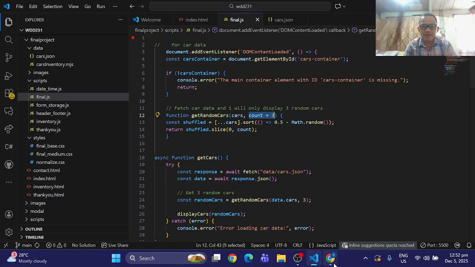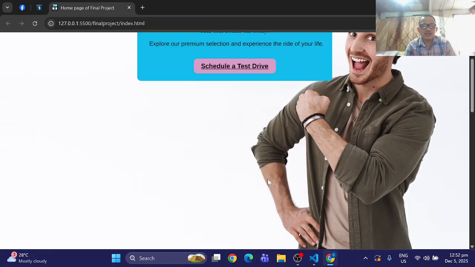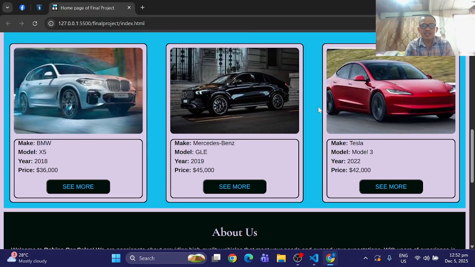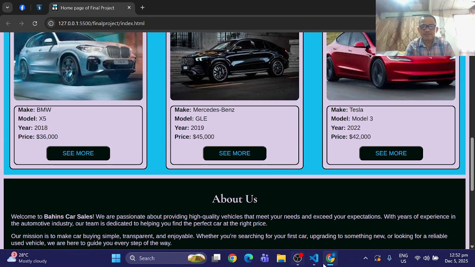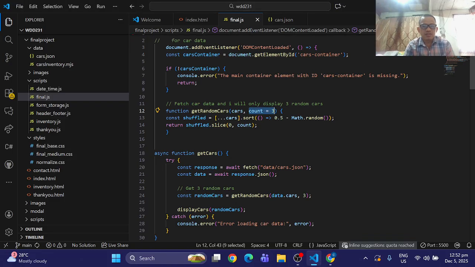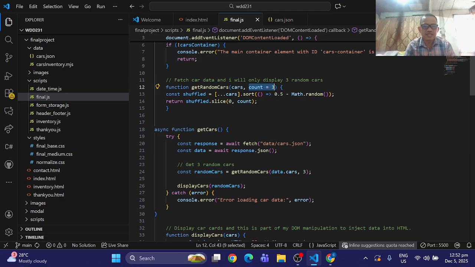As we can see here, I have only three random cards displayed on my home page. Then I also have an asynchronous function, get cars. Now I have a try block. So this one: response await fetches the data from cars JSON, from the cars JSON file.